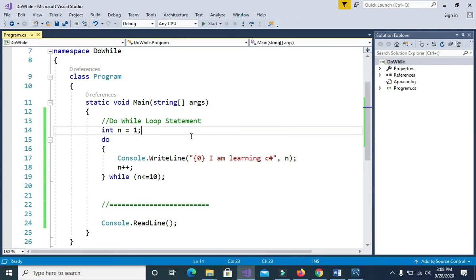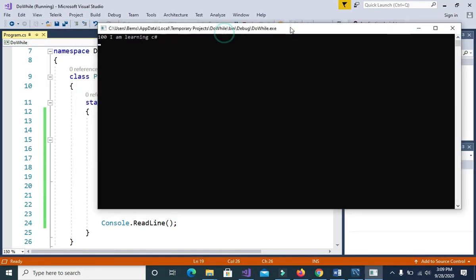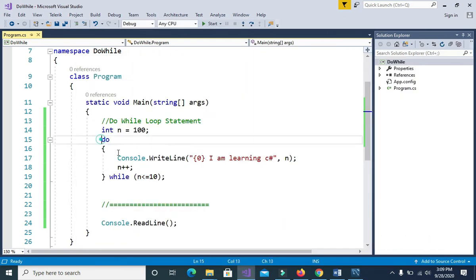Now if I turn this to 100, our loop will still at some point execute this block of code. Why? Because it executes first before it tests the condition. Let's try. There you go. We have one instance of execution of the block statement of our do. Why did it happen? Because the first thing that we did here is to execute this before testing it. That is the reason why there is an instance of execution of this block, because it executes first before it does the testing.